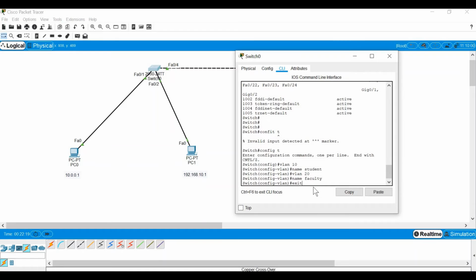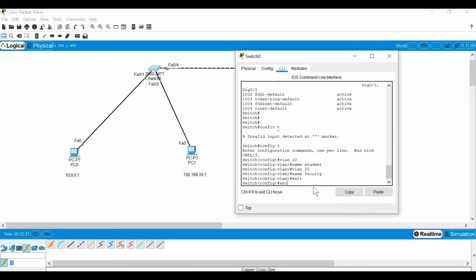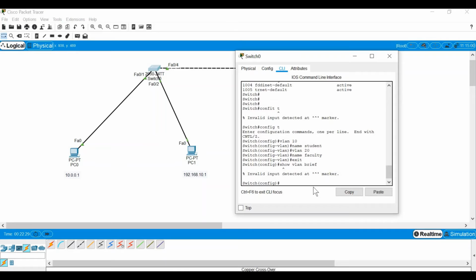Let me exit and show you. So show VLAN brief. What happened? I think I have to exit once more.